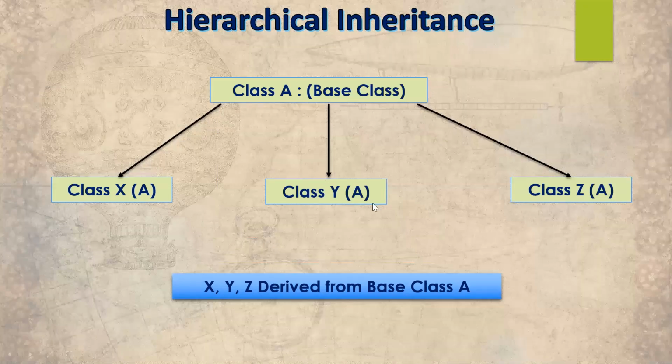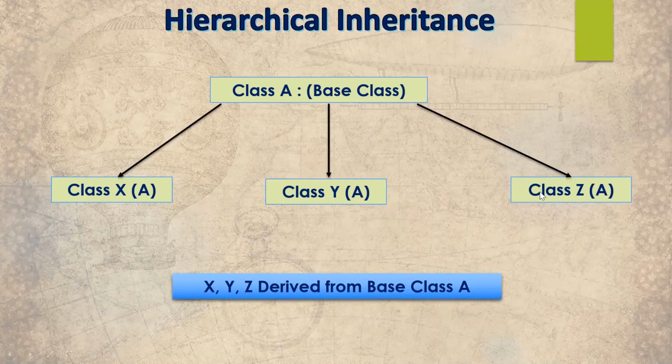And the same I'm going to access all the properties of your base class, and the same thing I'm doing for the Z class. It means your class X, class Y, and class Z are derived from the single base class, which is class A. Your single class is involved in multiple types of classes. Now let's understand this concept using an example.